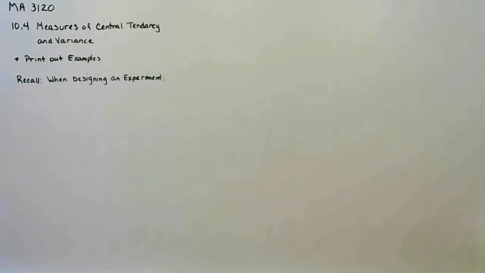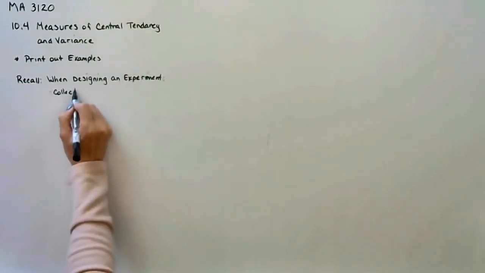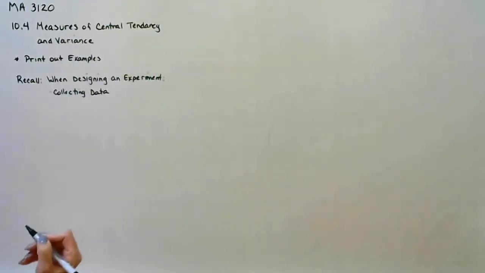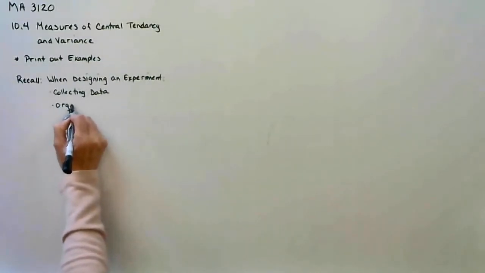All right, well, we've now come to the end of our basic understanding of designing an experiment. So this chapter is all about designing the experiment. We talked about ways of collecting data and formulating the questions that are appropriate for the age or the maturity level of those that you are working with. Then we've also talked about ways to organize the data, whether